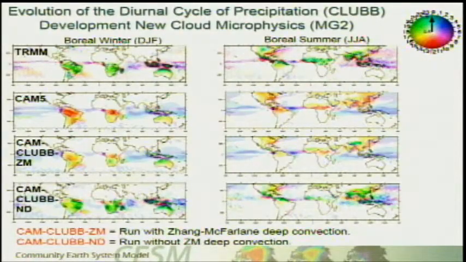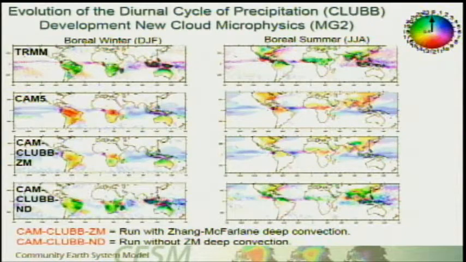Looking at CLUBB here, this is the diurnal cycle of precip. The top panel is taken from Chen. And this is the peak hour for precipitation, basically. So this is the CAM 5 simulation. As you can see, the precip takes place too early when it should be in the evening hour. CAM 5 would dump the precip in the mid-afternoon hours. And in the summer in North America, CAM 5 is doing the same thing.